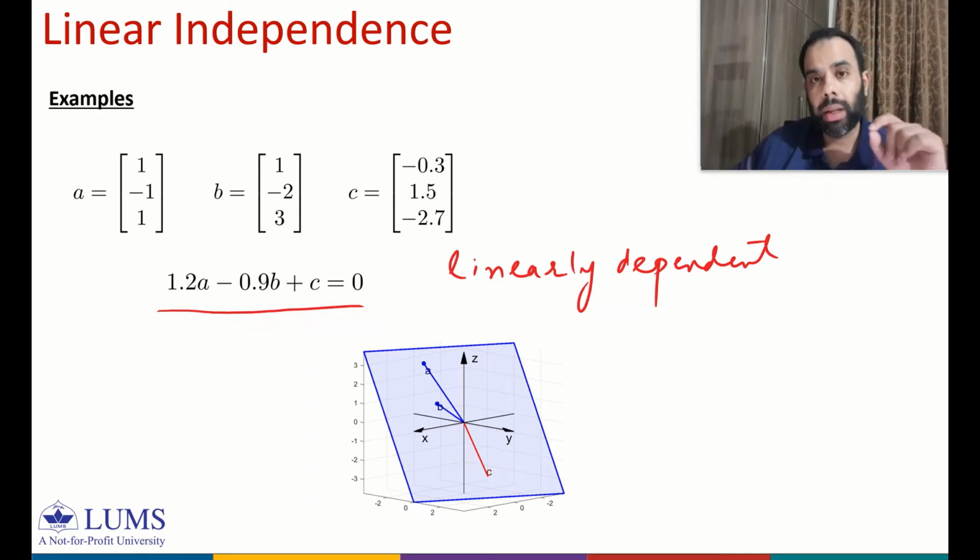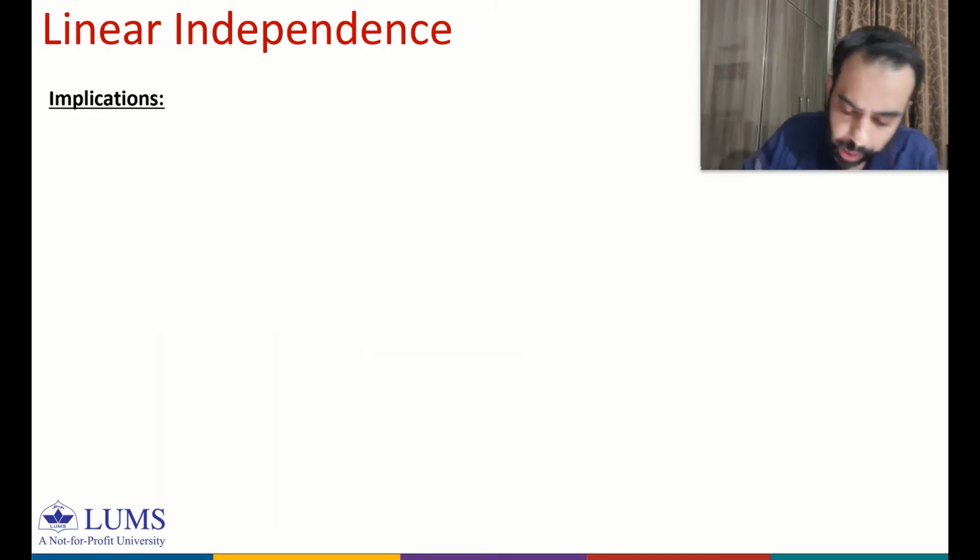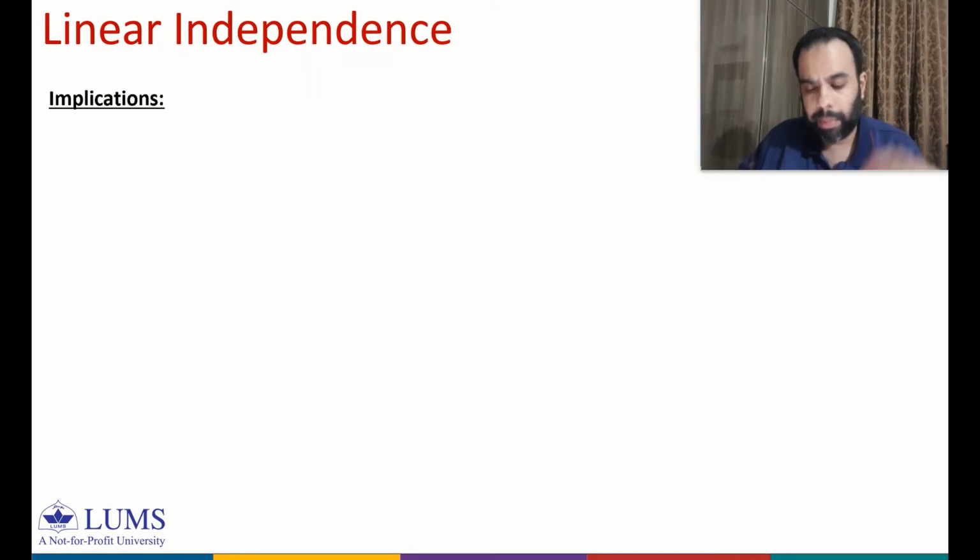It is not easy to check linear independence or dependence by inspection, and we'll talk about one algorithm in the next module which we can use to check the linear independence of a given collection of vectors. So let's talk about some of the implications of linear independence. Okay, so maybe the first implication would be that if we have a list of vectors that is linearly dependent,